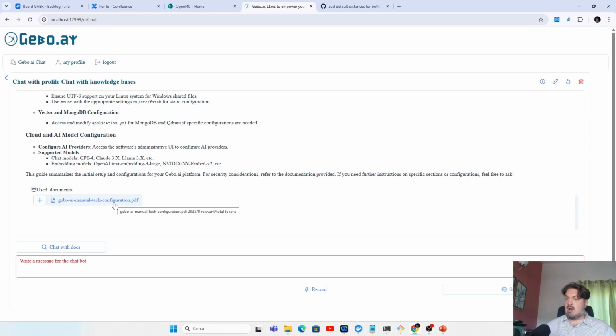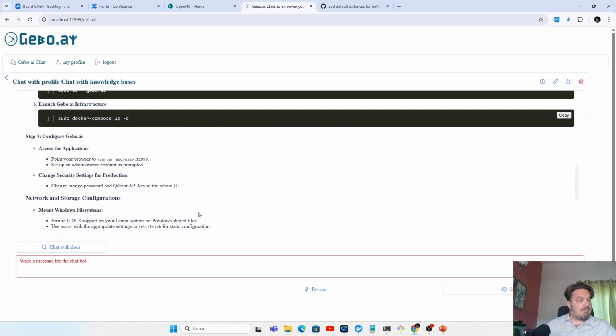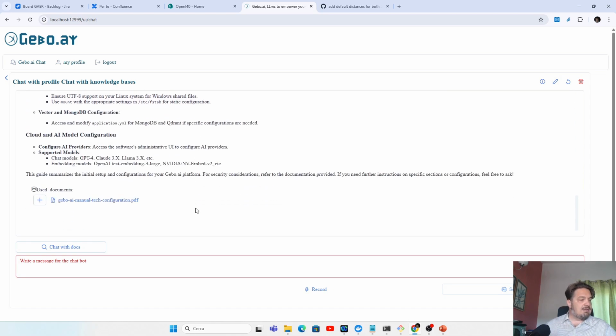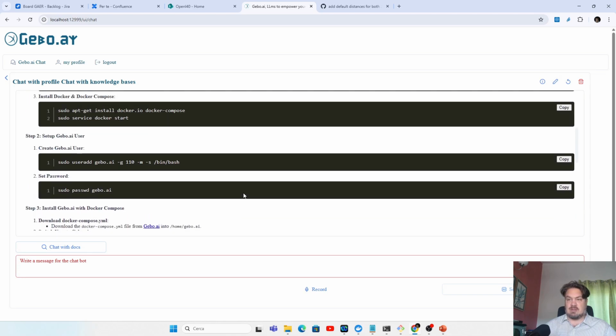It's one of the manuals I have in my Confluence space. And the large language model has received your question plus the most relevant part of the documentation related to your question, and answers with a more precise answer than you could get without your documentation, of course.